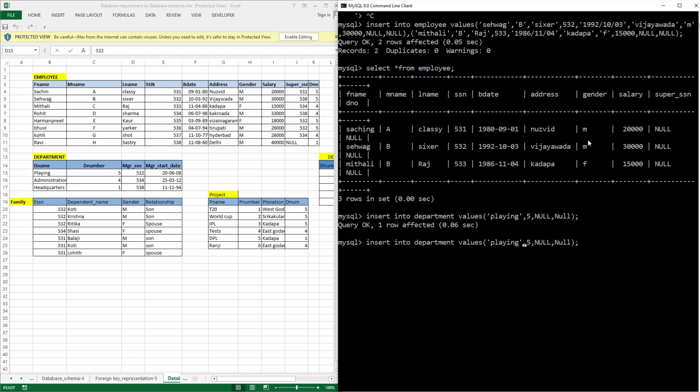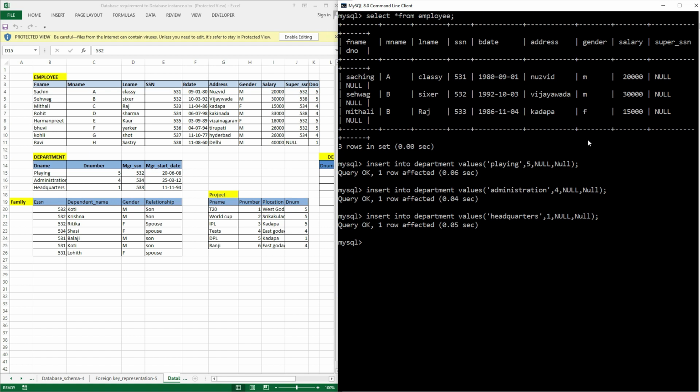Similarly, I am going to have one more department called administration, whose department number is 4, and I made all these null because they are initial departments. And one more thing is headquarters, whose department number is 1, and I make them null. Now guys, you can observe that here we have department numbers. Those department numbers can be updated directly in the department number of the employee table,